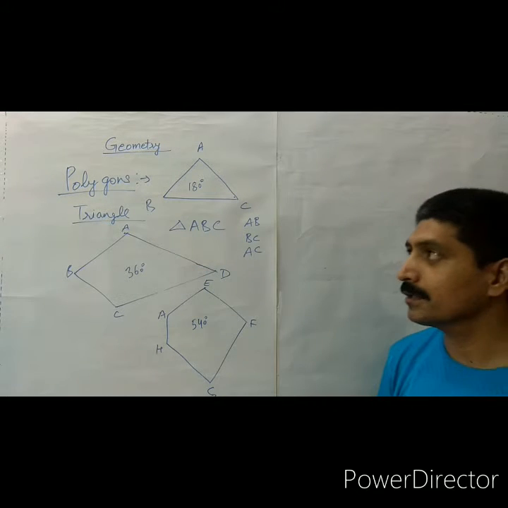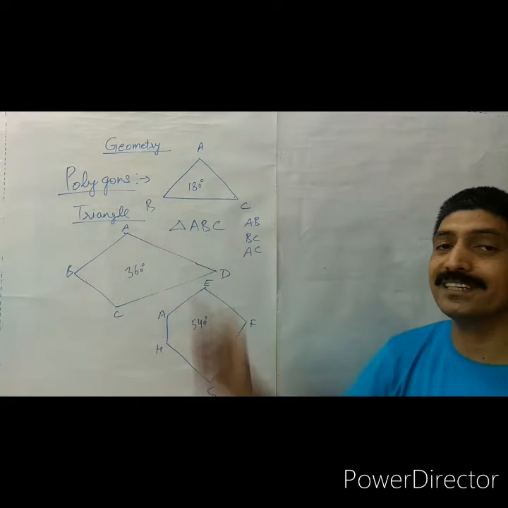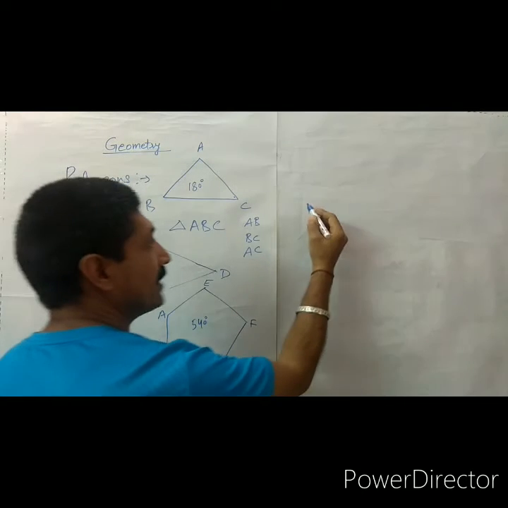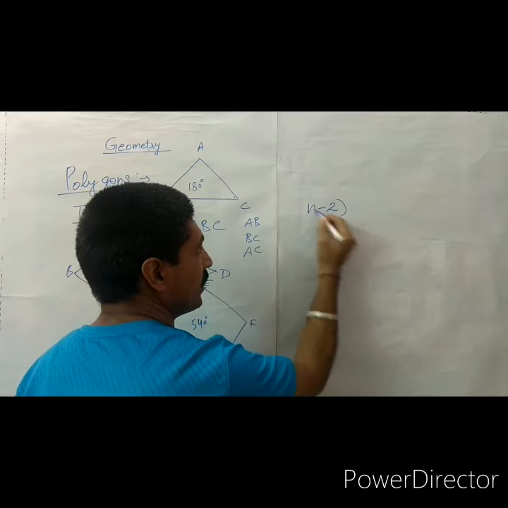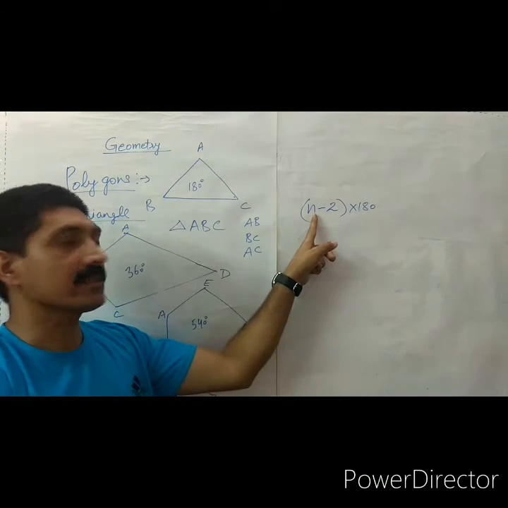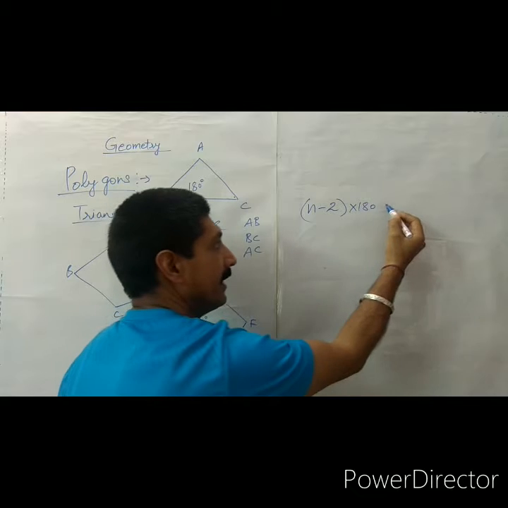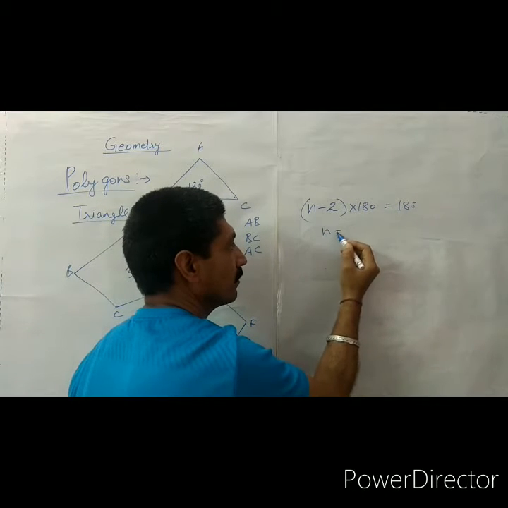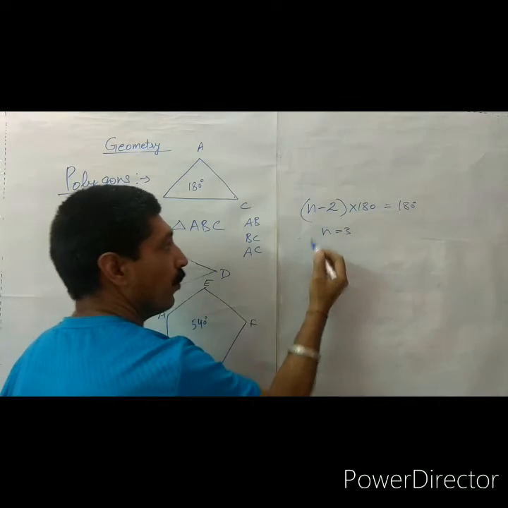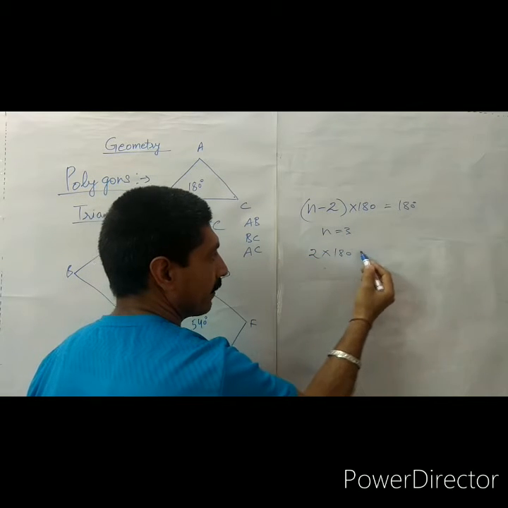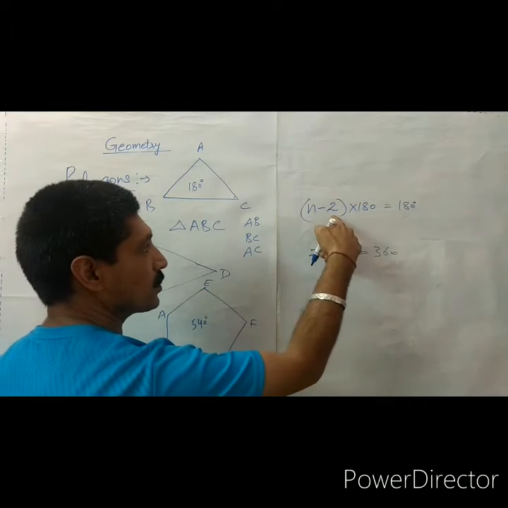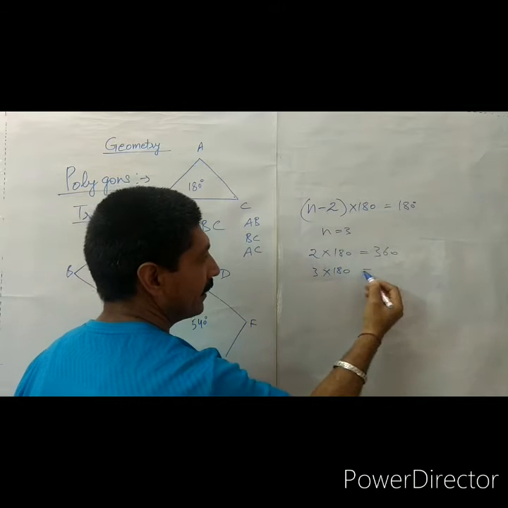So one formula: if we have a polygon with n sides, to find the interior angle sum, the formula is n minus 2 into 180 degrees. For a triangle, the number of sides is 3, so 3 minus 2 into 180 is 180 degrees. For a quadrilateral, 4 minus 2, so 2 into 180, 360. For a pentagon with 5 sides, 5 minus 2 is 3, so 3 into 180 is